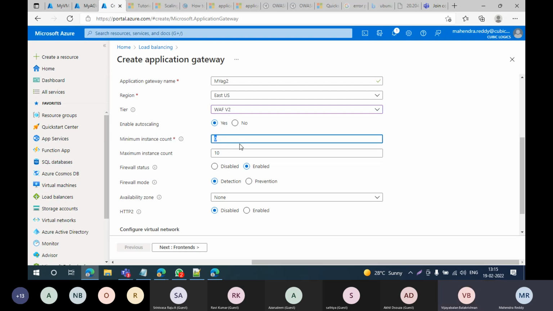While doing this in your lab for learning purposes, to experience it in real time, don't go with 1 to 10. Your billing will be really huge. Go with 1 to 2. We are not trying to prove anything. We are trying to simulate the things.